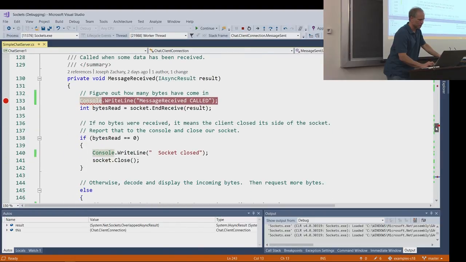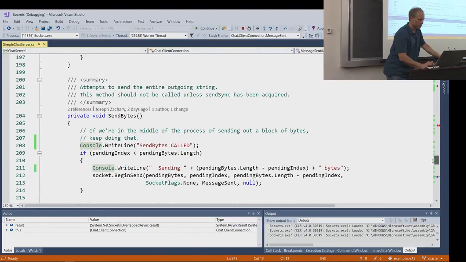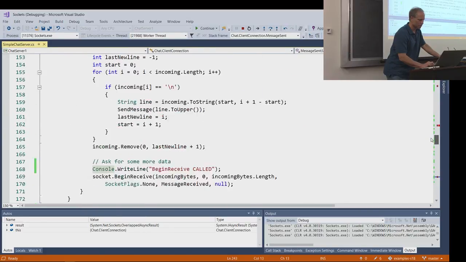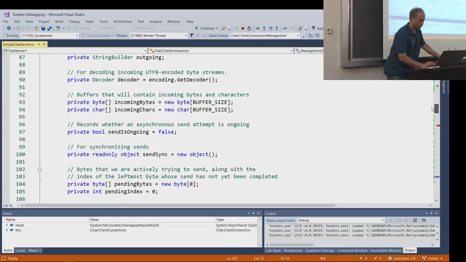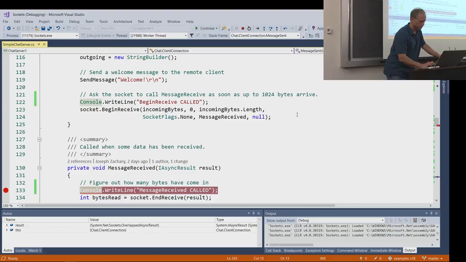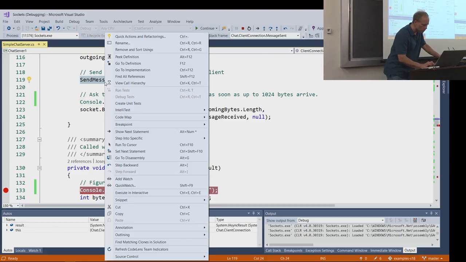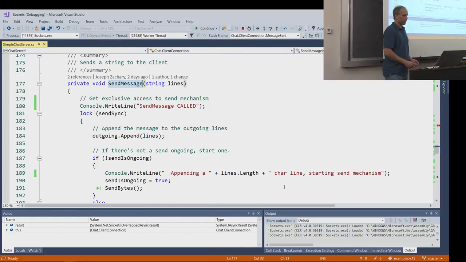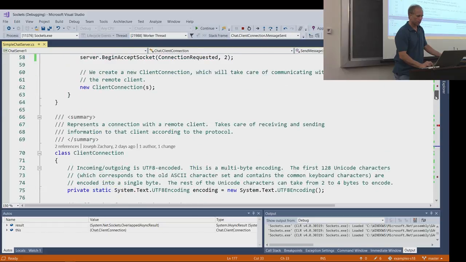So let's go find send message. Where is send message? Well, I'll just go find it with go to definition. Okay. So we called that method, and I just stepped over the call. But basically, we'll look at it in more detail later, it just sent the message out for us. So that message got sent on a separate thread while we were doing our thing. Okay? Now, though, if I do continue,